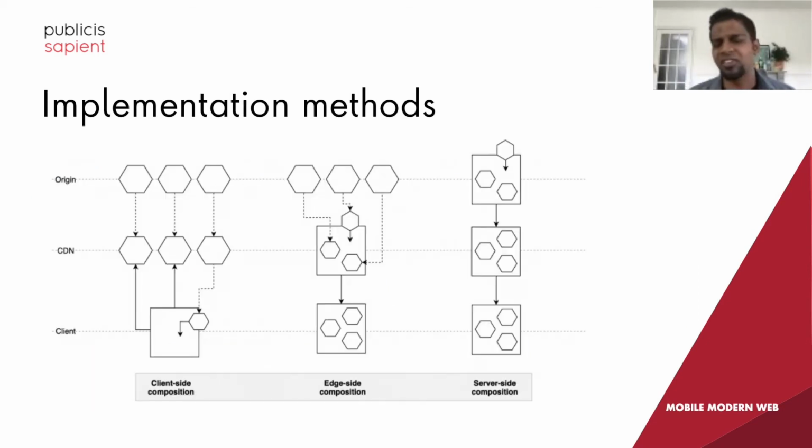So just at a very high level, talking about the different ways you could implement micro frontends today, I would divide them, at a granular level, into multiple divisions. At an uber level, you will have client-side composition, edge-side composition, and server-side composition. In client-side composition, as you see on the origin part of it, you have deployed all of your individual micro frontends to production independently. But then the client is responsible to compose all of these individual micro frontends,